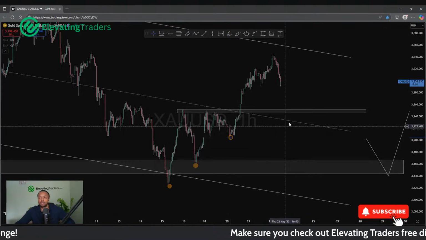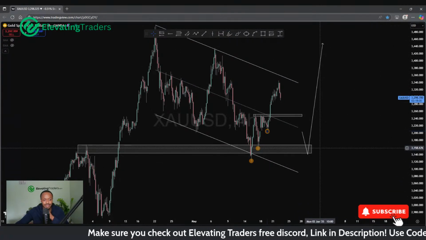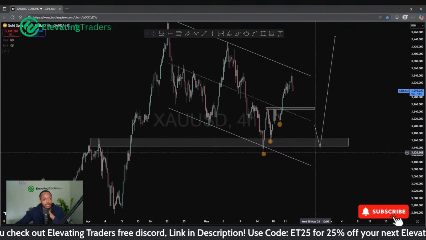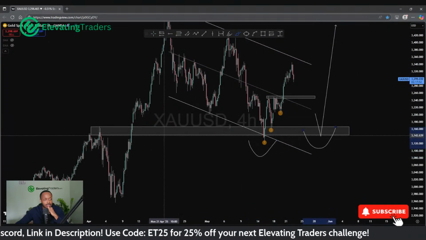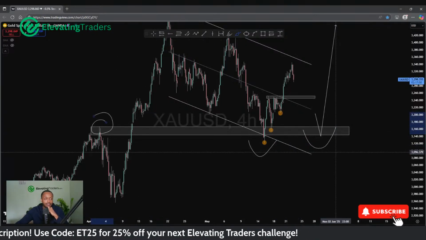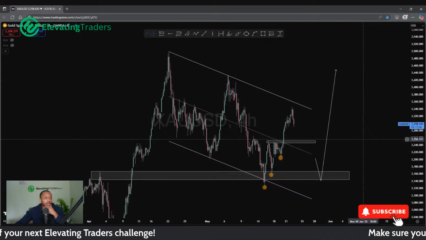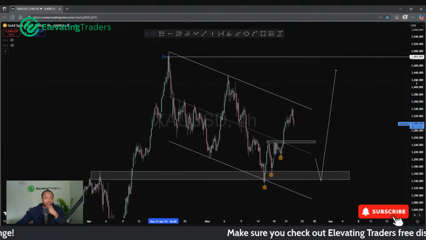Equally, I like this 4-hour level just below us at 31.60. I think that's a very sensible place for a buy as well. If we can make our way there, possibly a big double bottom. So first test, second test, reacting with the high. I think that's a great place for a buy. And then, yeah, looking for a swing back into, well, potentially the all-time highs, back into 34.84.